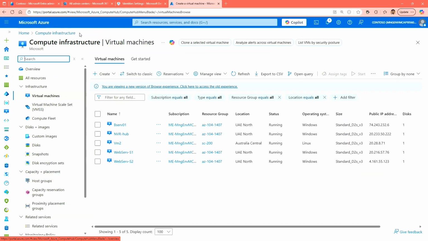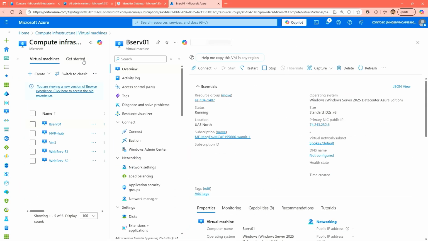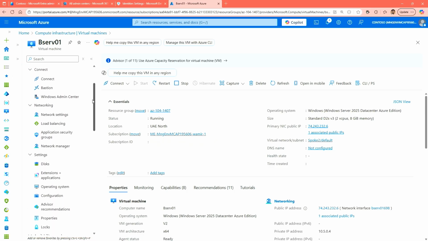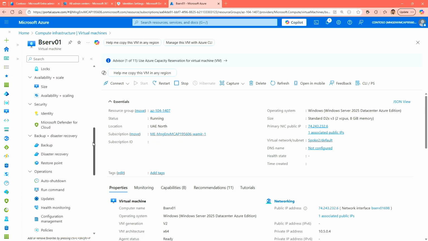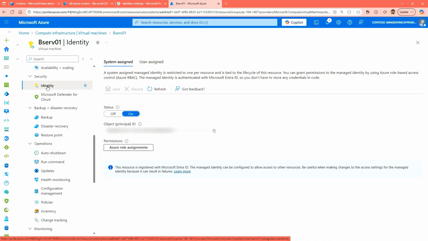Now, let's have a quick look at one of the machines that I already have. So if I go into one of my existing machines and hide some of these menus on the blades, this is my virtual machine blade. Now, again, for this session, we don't need to worry about the details that are on the virtual machine. The important part that I'm considering to discuss right now is the identity under the blade for the virtual machine on my Azure portal. And when I go into this, I can see that this already has a system assigned identity that's triggered on. So it already has a system assigned identity that's available for it.